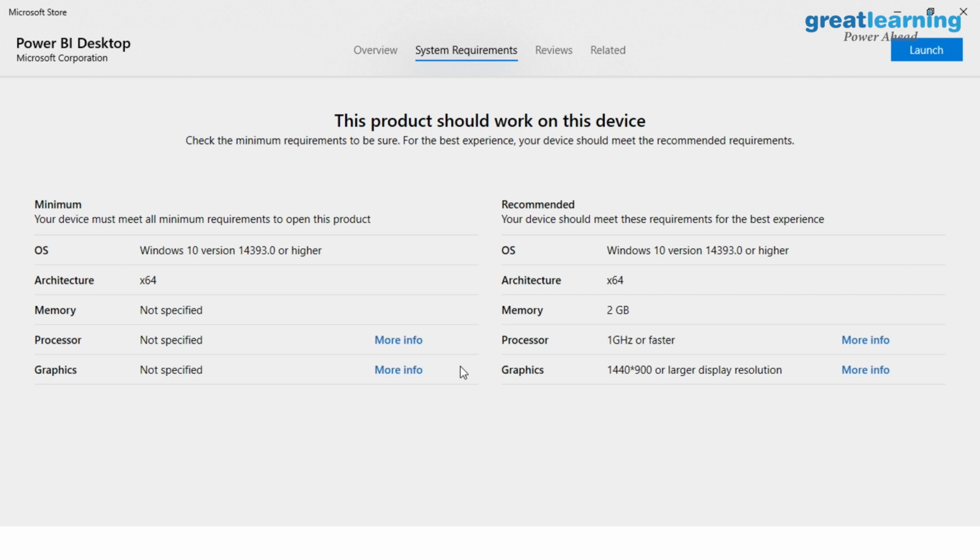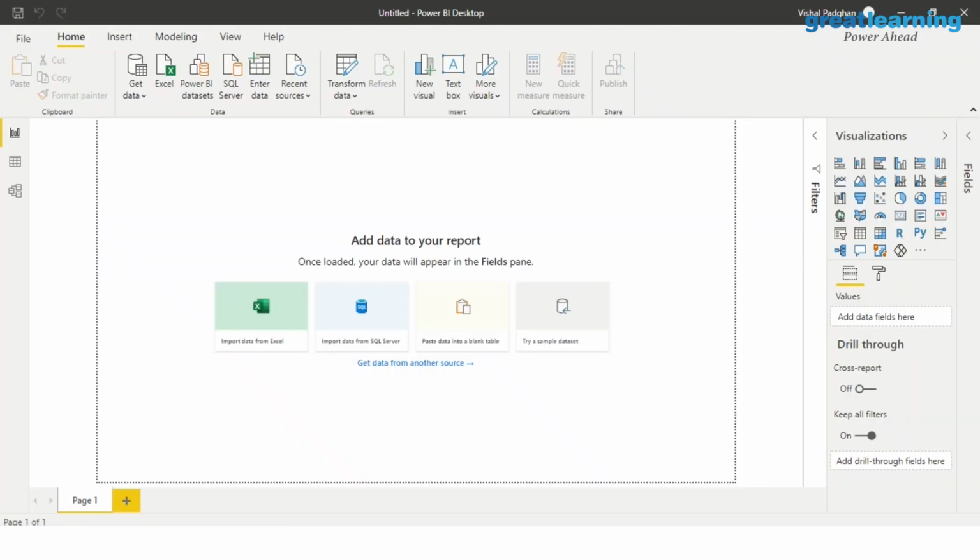So that is what Power BI Desktop installation looks like. I'm not going to walk you through the installation process in detail. It's not complicated. Anybody can do it. And once you install, this is what you'd have on your plate. So this is how the interface of Power BI looks like. Let's quickly walk through some of the important pointers that are there on our plate.